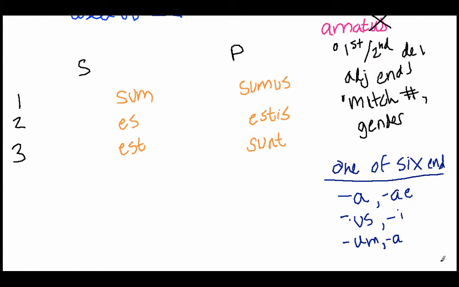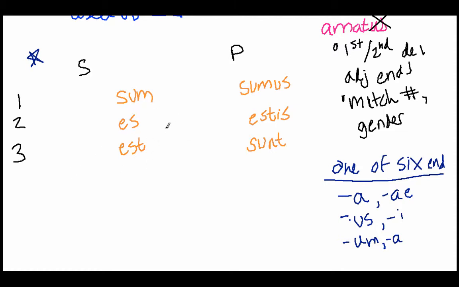And you also have to consider that when you're conjugating, all of the endings in the first column are going to be singular. So now we're going back to our chart here. All of the endings in this column are going to be singular, and all the endings in the second column, this one, are going to be plural. So I'll give you a sentence in English that we can translate, but before that, let's go ahead and finish off our chart